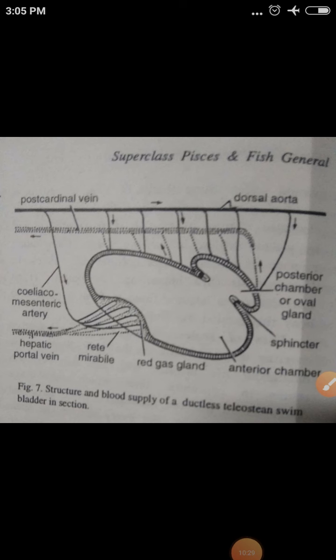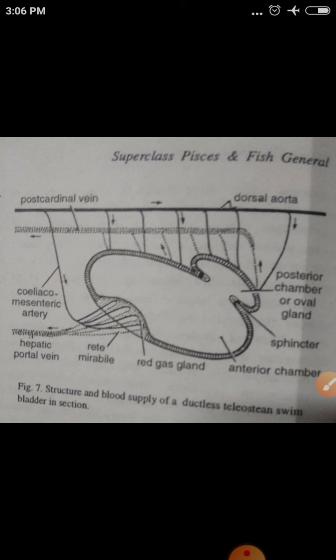That is, the air bladder in teleosts functions chiefly as a hydrostatic organ and helps to keep the weight of the body equal to the volume of water displaced by the fish. The secretion of more gases means lower specific gravity so that the fish rises in water. Reabsorption of gases means increased specific gravity and the fish sinks.